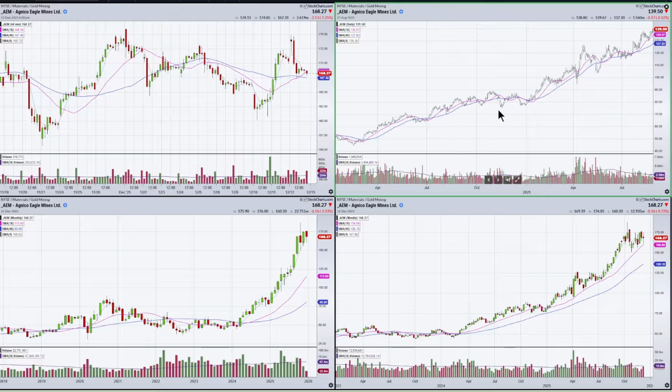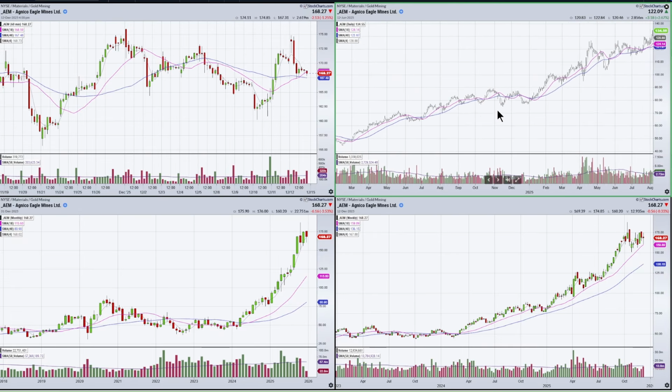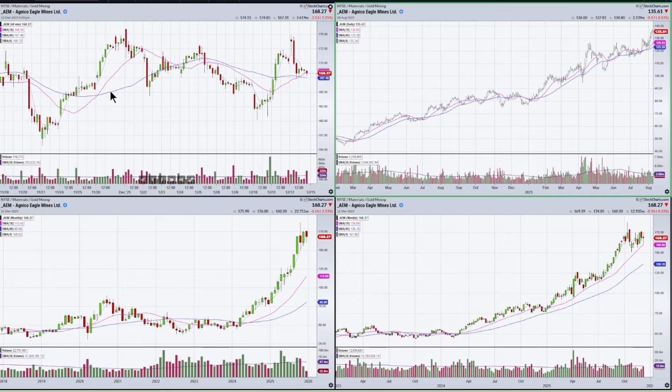Where I find that to be coming in handy is for people who don't want to go down to intraday time frames. They want to look at the monthly, weekly, and the daily, and they'll use the daily RSI triggers instead of going down and looking for an opposing trend trigger on the hourly. Nothing wrong with that. Now, the other thing I want to point out is that if you look at this,